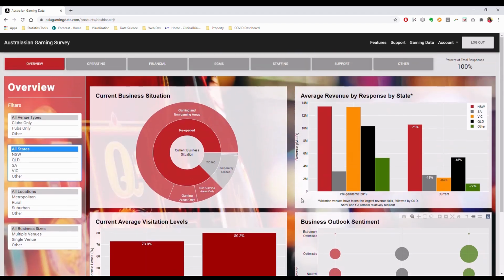The rest of the dashboard is divided into categories which include operating, which features venue-related challenges due to COVID-19 and the business adaptations and health measures that were implemented; financial, which involves the change in venue revenue from pre-COVID to current times, payment-related challenges due to COVID and so forth; EGMs or electronic gaming machines, which involves a comparison of EGMs